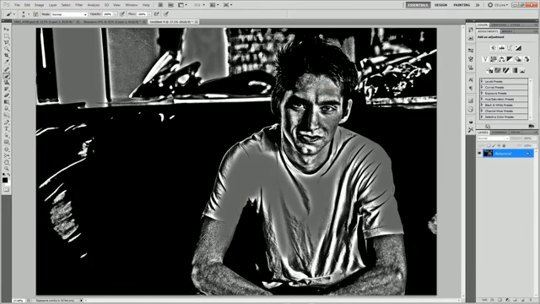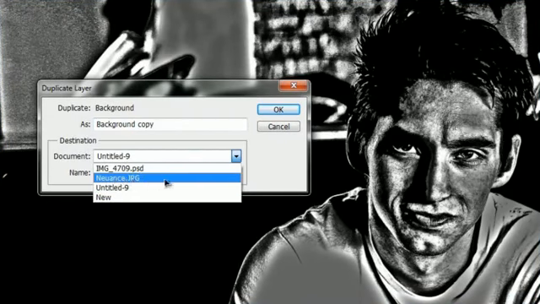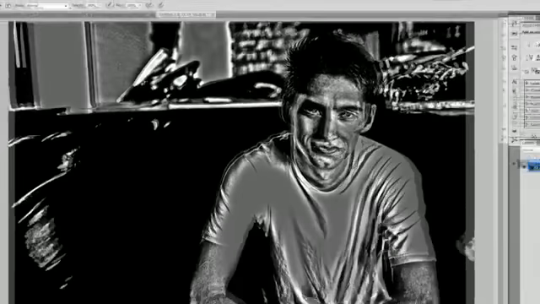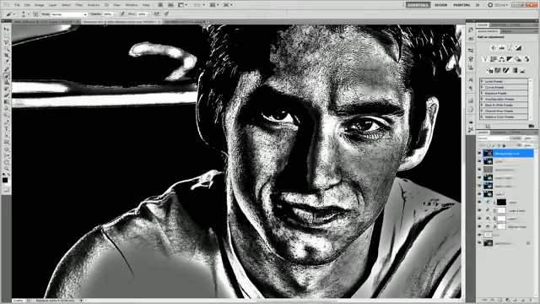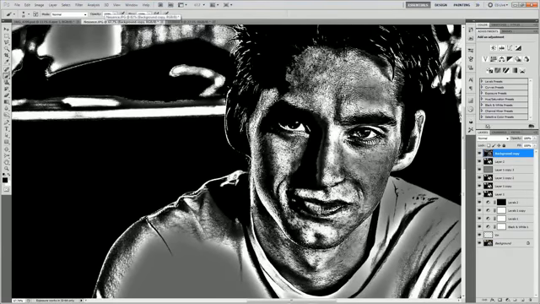Okay, so when that's done, we'll go ahead and right click the layer and hit Duplicate Layer and set the document back to the nuance.jpg or whatever your original picture was, and hit OK. And then navigate back to your original document where everything is going on, and I'll just position this over here a little bit. And then with this layer selected, the one that you've got the HDR toning on, go to